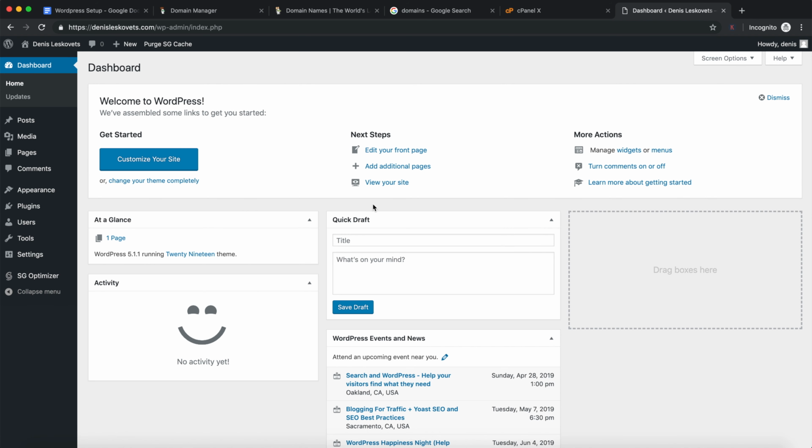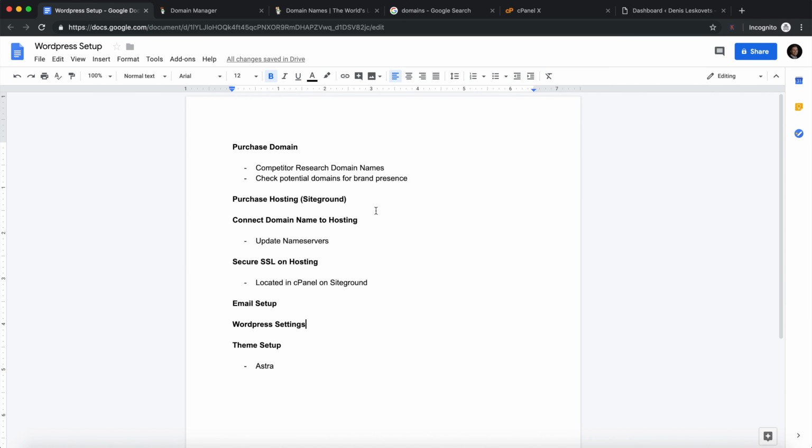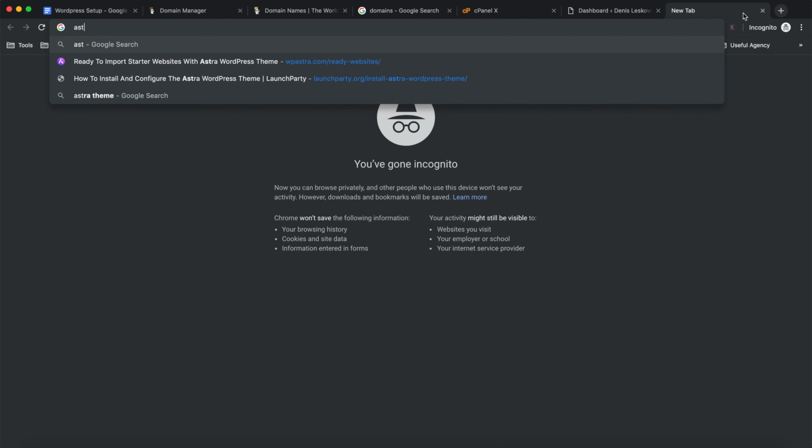So at this point, you have officially set up your WordPress website, and you have set up all the settings within your WordPress website. The last thing that you have to do is you need a theme. WordPress uses these themes that you can customize. We're going to be using another plugin to customize our theme, but for the most part, we still need a theme to run on WordPress. So the best free lightweight theme that I currently know of is called Astra. So we just type in Astra into Google,